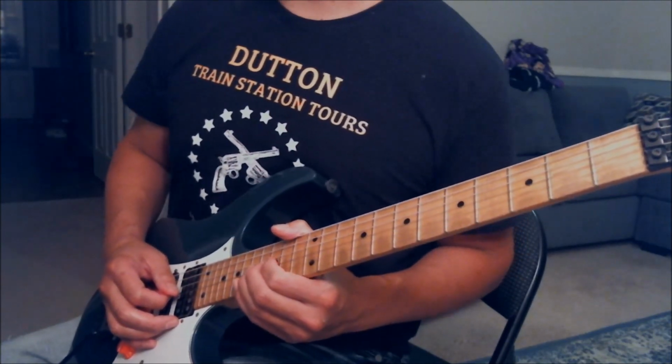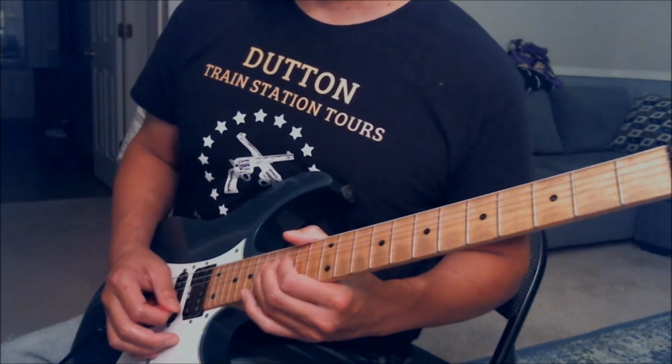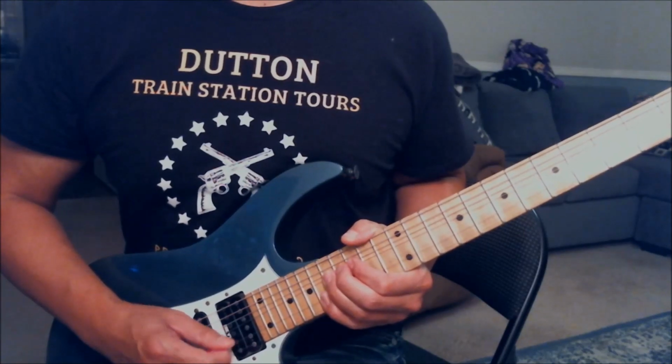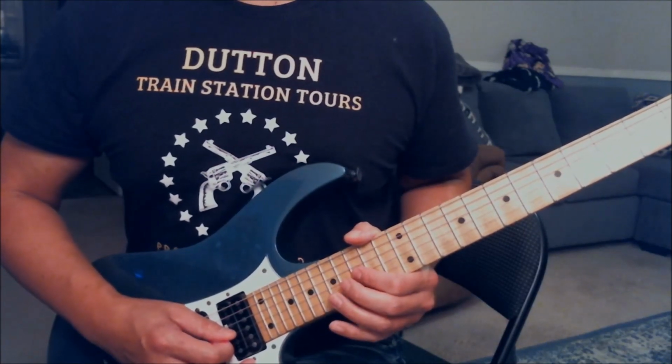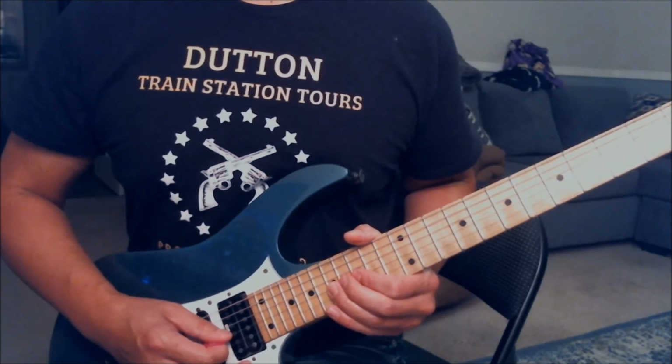Next part, you play the 17th fret on the G string, bend up, and then while you bend up, you use your pinky and play the 18th fret of E and B string, and then play the 15th fret on the G string, 17th fret on the G string,